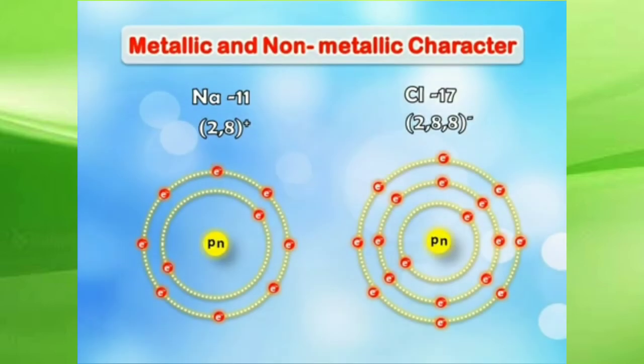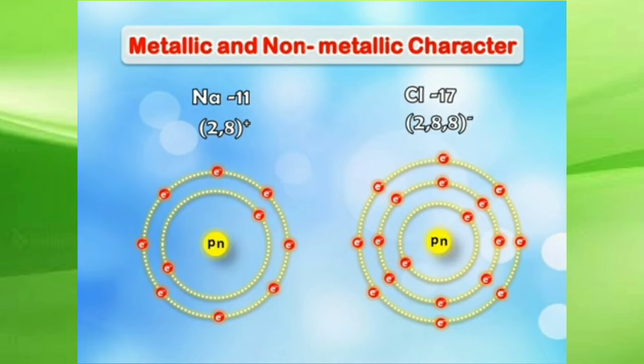So when sodium loses its one electron, it has completed its octet state. Therefore, now it has gained a positive charge. By losing one electron, it has gained positive charge and the electronic configuration now is 2, 8. And chlorine has accepted that one electron and has completed its octet, right? It has gained an electron, so it will have a negative charge.